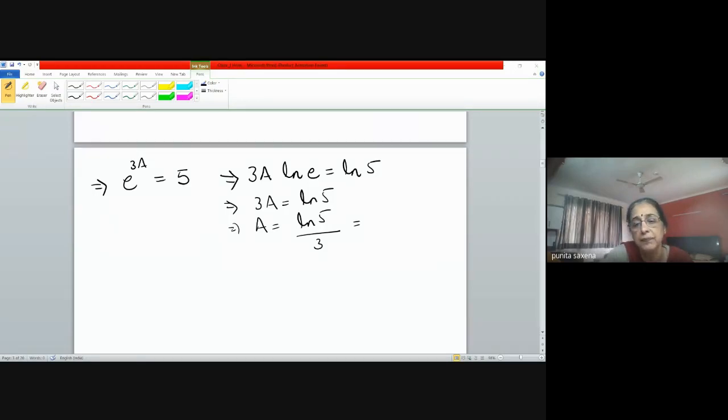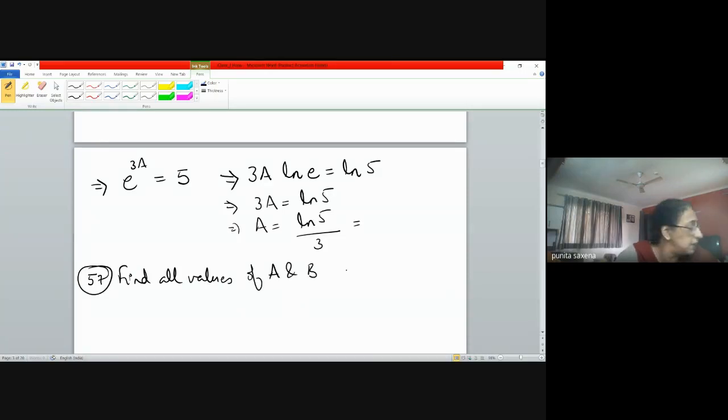Okay? Yes, ma'am. अब इसी तरह से ही, like say just look at your question number 57 now, because you'll have problem in the exams. You are going to get problems like this only, where you have to find the unknown constants. Now see, in question number 57 it says find all values of a and b. Now we have two constants, unknown constants, a and b, such that what happens is, it says so that limit